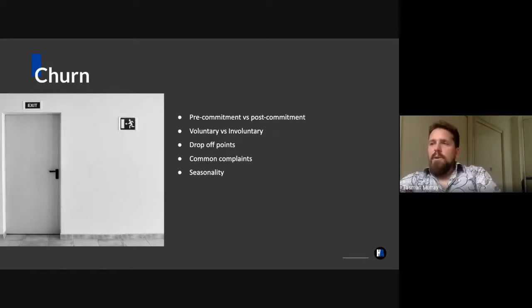And another very useful thing of looking at churn here is common complaints. If somebody's leaving, understand why they've left. Look at the complaints they have and try and gather all those together. If you have a range of people leaving for the same reason, that's something you need to fix. It's all fairly common sense, but through analytics, actually tying that together can become really, really valuable.